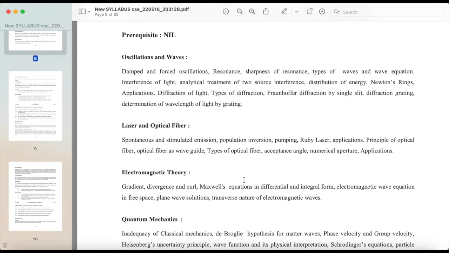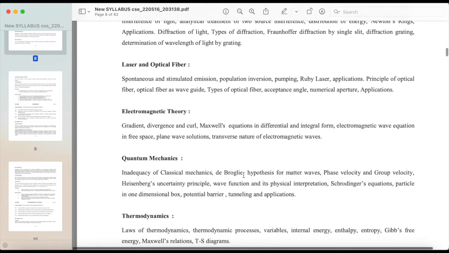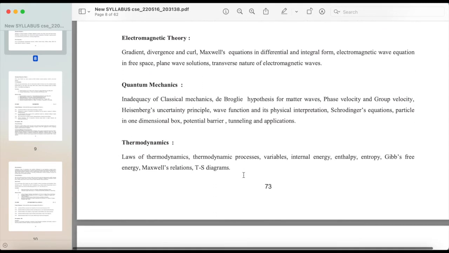Laser and optical fiber: spontaneous and stimulated emission, population inversion, pumping, ruby laser, applications. Principle of optical fiber, optical fiber as waveguide, types of optical fiber, acceptance angle, numerical aperture, applications. Electromagnetic theory: gradient, divergence and curl, Maxwell's equations in differential and